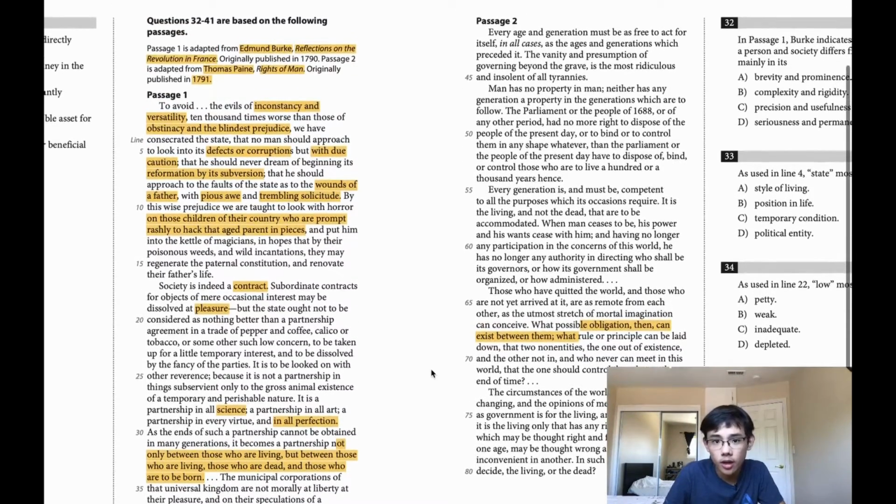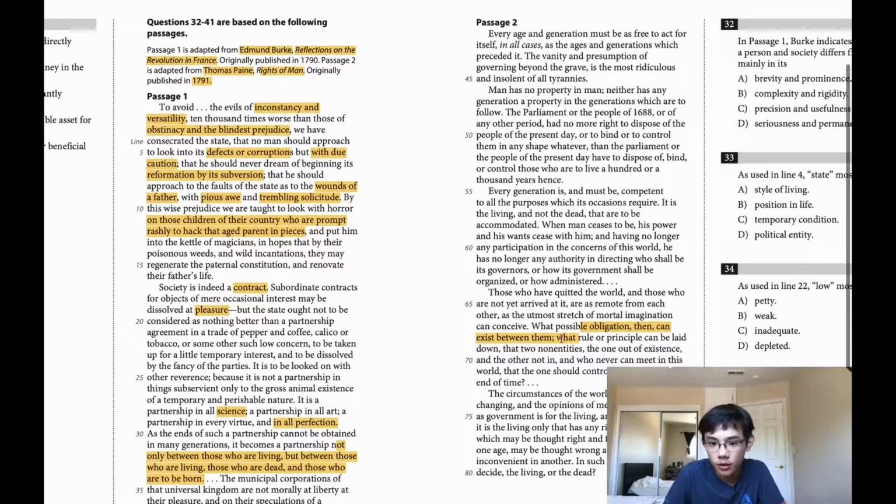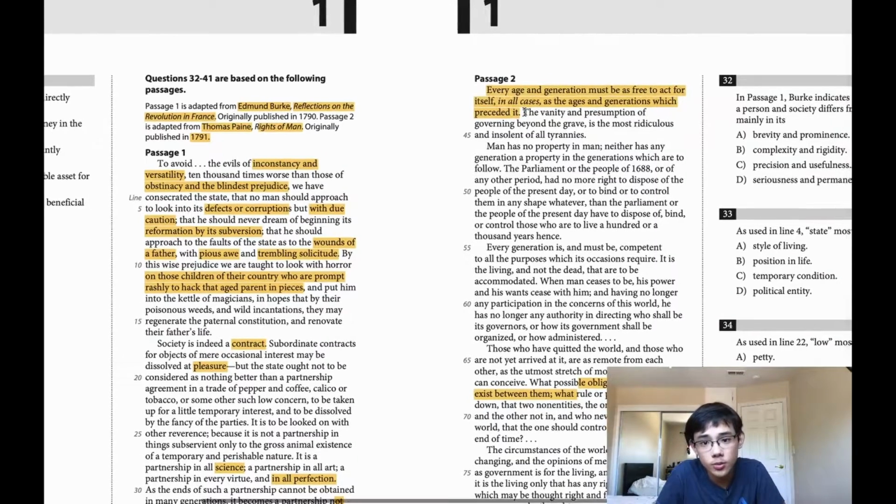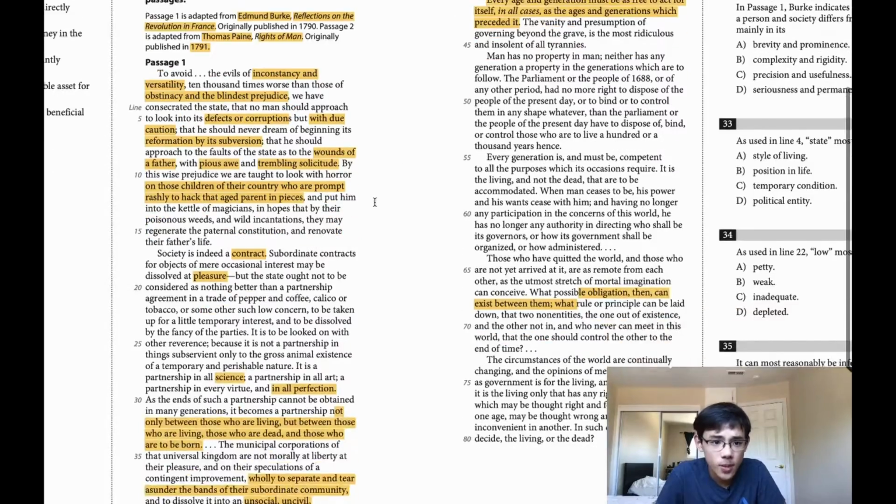Okay, so now that we know that, let's move on to passage 2. I don't know why this is highlighted, but whatever. Every age and generation must be as free to act for itself in all cases as the ages and generations which preceded it. So immediately we kind of see a contrast between passage 2 and passage 1, because passage 1,